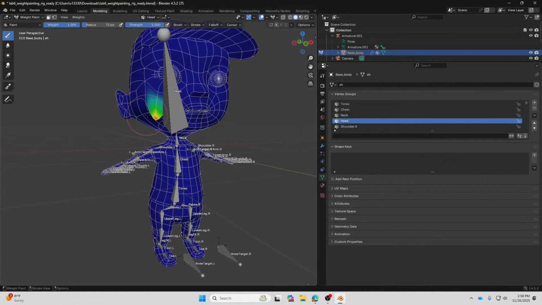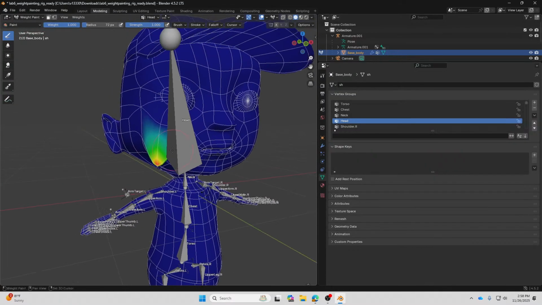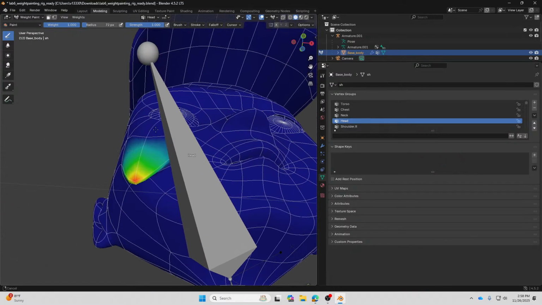So you assign to the vertex over here using the brush. You can paint them, okay, and to remove a point, you can either decrease this to 0, and then remove it.